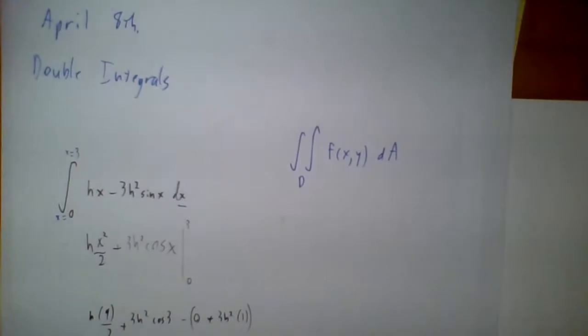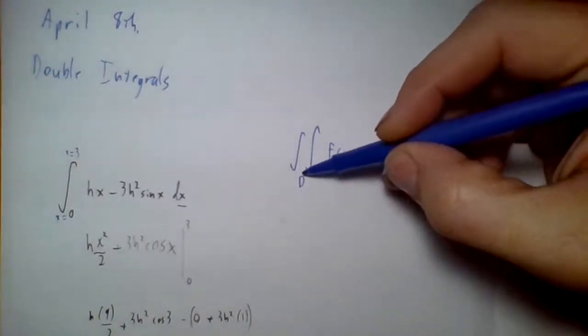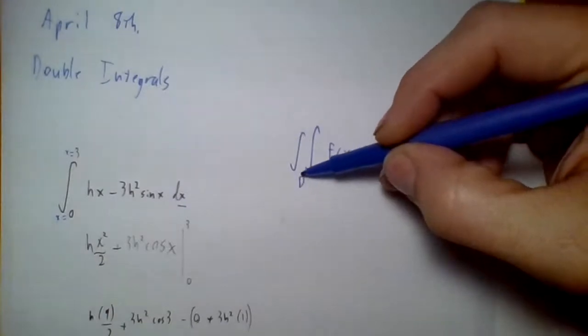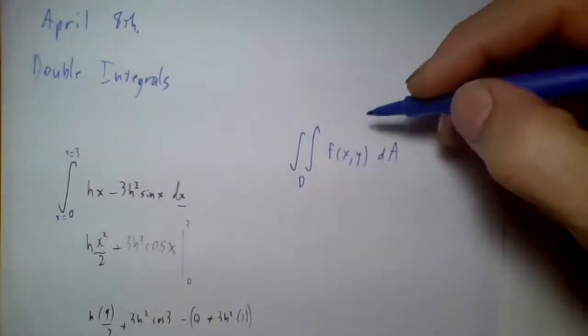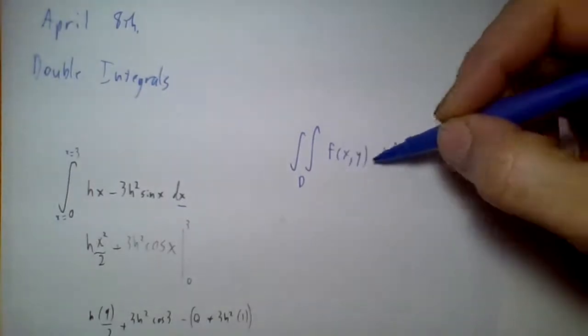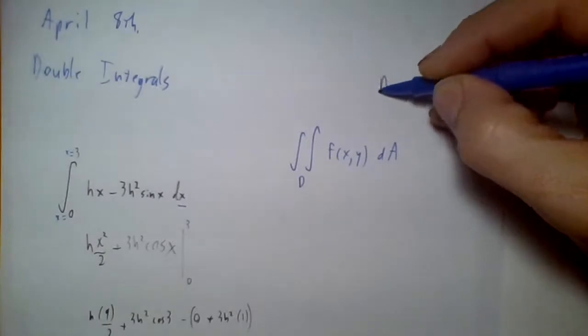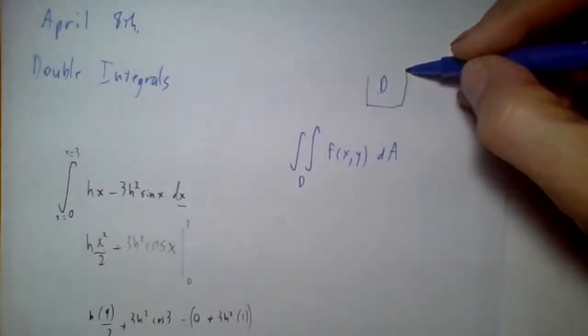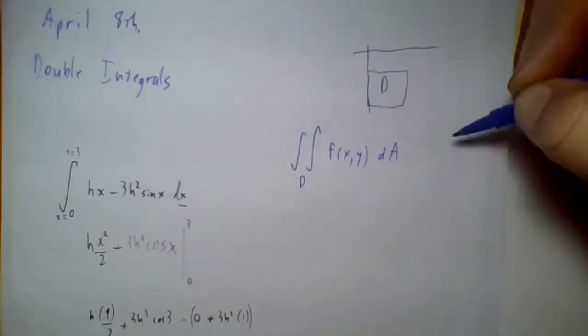I'm not going to spend a ton of time on the theory of it, but basically this D that's over here that we're integrating over, or this is the region, isn't going to be just an interval anymore. It's a subset of the xy plane. It's a set of xy values, so it's some subset of the xy plane. So if you have some box over here in the xy plane, then